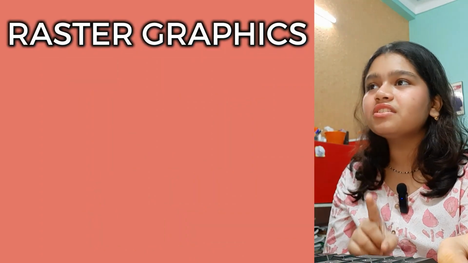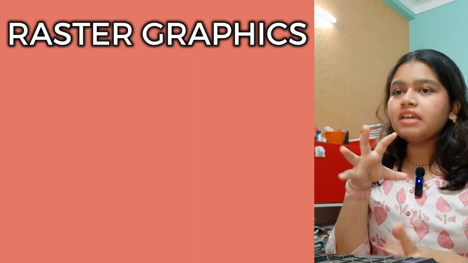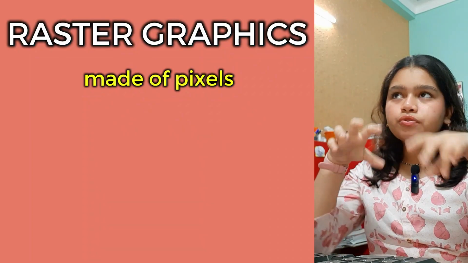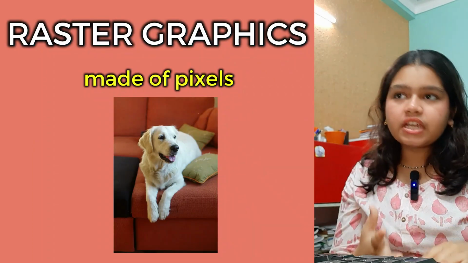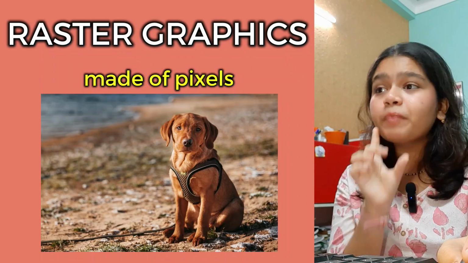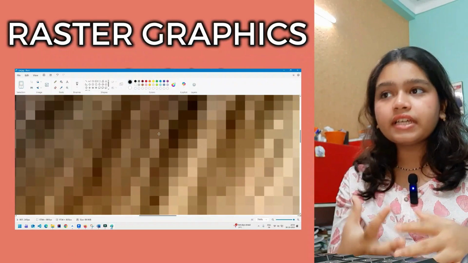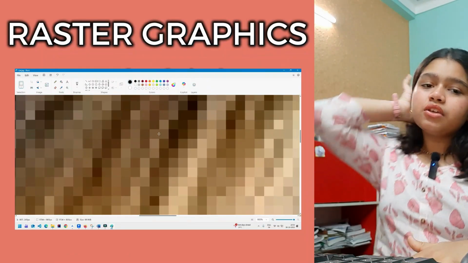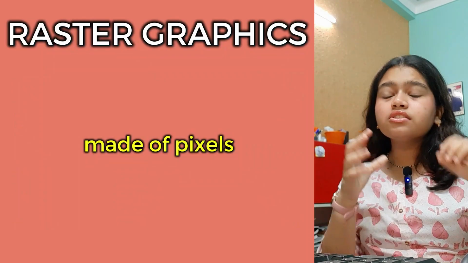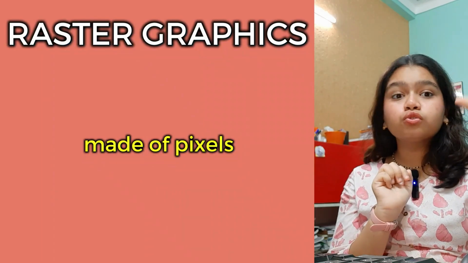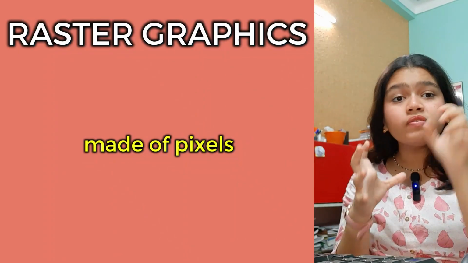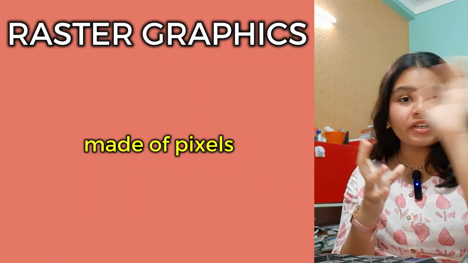Raster graphics is basically a graphic or an image which is made up of pixels. Anything which we shoot in a camera, a photograph taken in a camera, will be raster graphics. It is made up of pixels, and when you zoom the image, the quality decreases. They usually have larger file sizes, and are useful for detailed images. It is not that smooth when you zoom it. It becomes blocky, because obviously if something is made up of squares, you cannot expect it to be a circle.